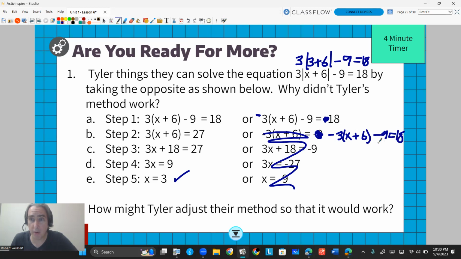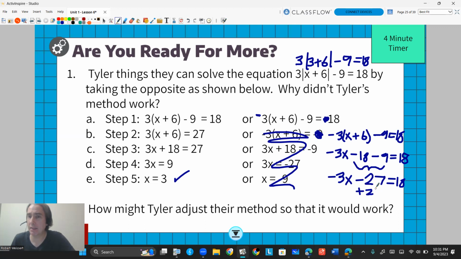Now we're going to add the 9 to both sides. Actually, let me distribute the negative first. That'll probably be more consistent with how you learned it in the previous part of the video. So negative 3x minus 18 minus 9 equals 18. If I combine negative 18 and negative 9, that's going to be negative 27. And if I add 27 to 18,